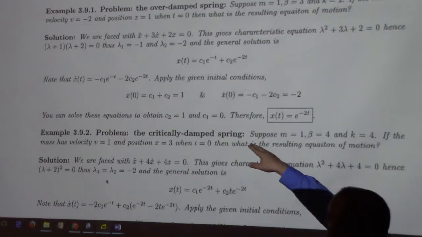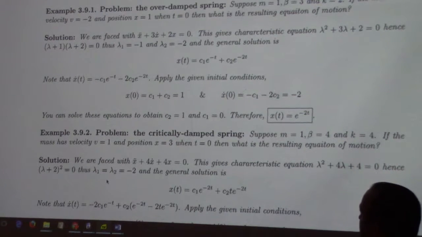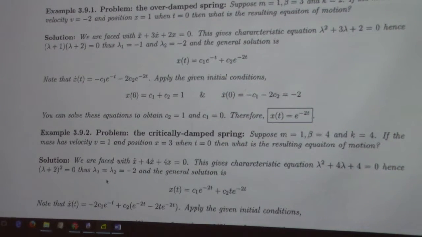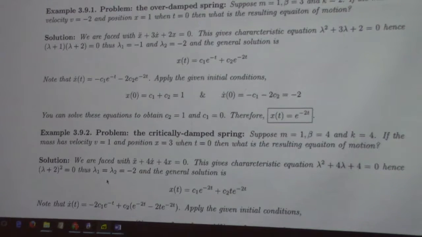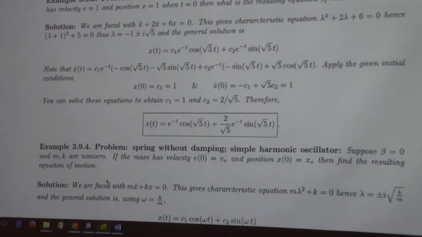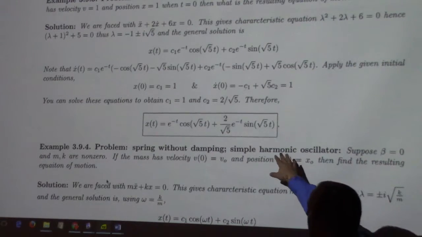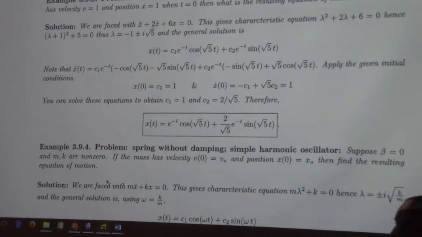For example, this problem, if I have a damping constant of 3 and a spring constant of 2, I get characteristic solutions -1 and -2. This is an example of what's called overdamping. Critical damping is when you have the repeated root, so this would be the solution, something like that. Then underdamping, I think also sometimes called weakly damped, is the case when you have a complex root. In that case, you have something like this as your solution. And so graphically,